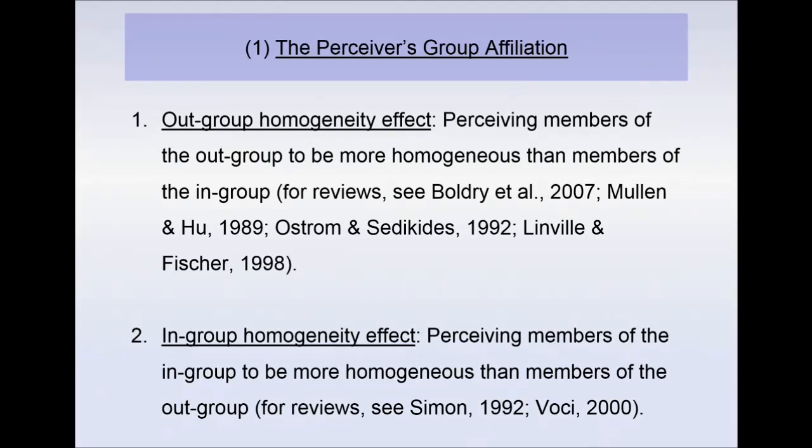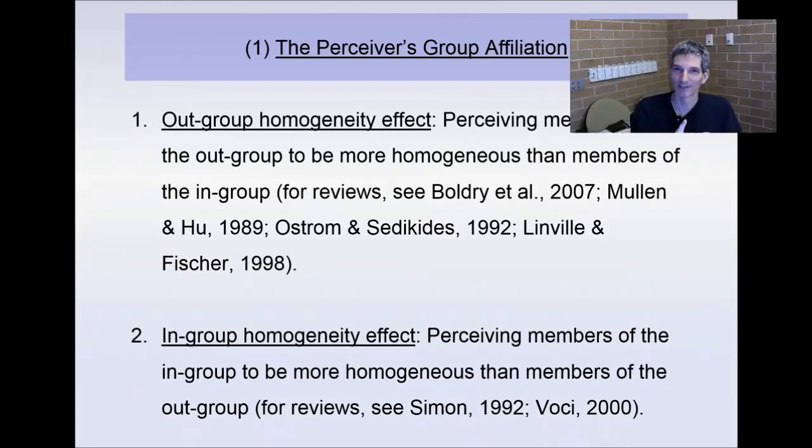What people are actually perceiving is members of the in-group to be more heterogeneous than members of the outgroup. Because what we're seeing here is an outgroup homogeneity effect, that members of the outgroup are more similar to one another than members of the in-group. So here's you, in your in-group, and you see all your other members as being very different to one another, and then you look across the aisle and you see them, the others, whoever they are, and you see them as being very similar to one another. That outgroup homogeneity effect is the effect that triggered off this whole interest in perceived group variability, and it was an important starting point for the area, basically.